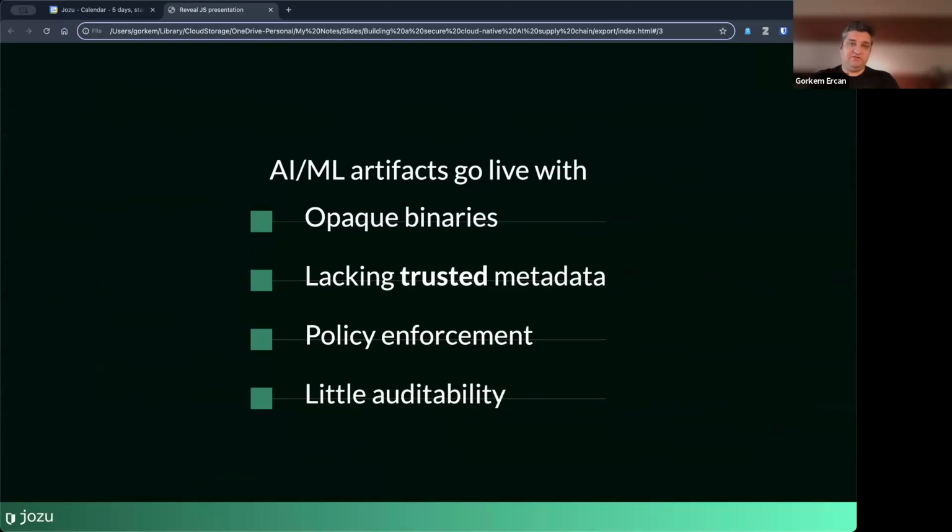And of course, policy enforcement is not in place, and that's because you can't really enforce any policies on opaque binaries. And then auditability, in some cases, exists, but it's very little and covers only certain trust boundaries.